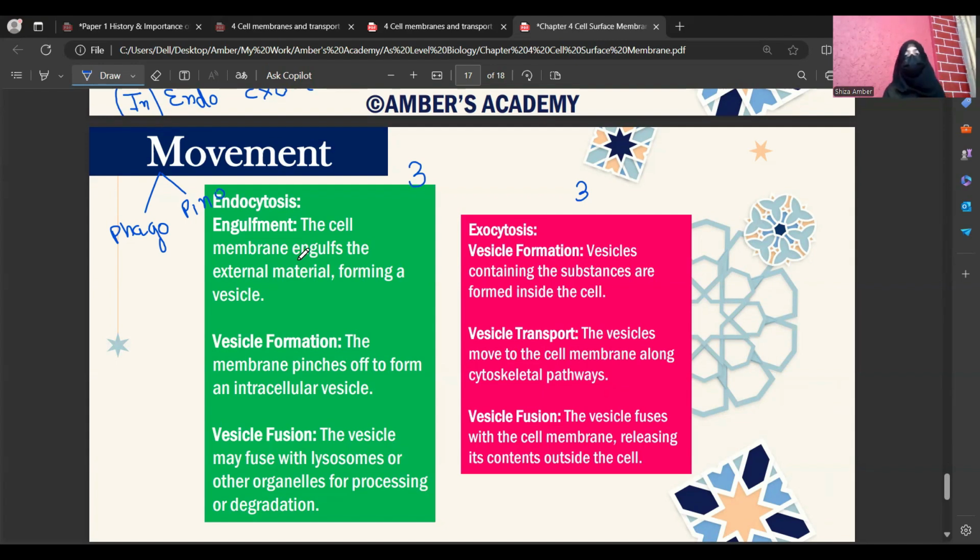For example, if something has to degrade, अगर कोई waste material आ रहा है and that waste material has to degrade, then that vesicle is going to fuse with lysosomes. Why? Because lysosomes has hydrolytic enzymes, ठीक है, hydrolytic enzymes उसको break down करवाते हैं. Yes, Minha. मिस ये फॉरेन सेल्स के लिए भी है? Yeah, this is for foreign cells.